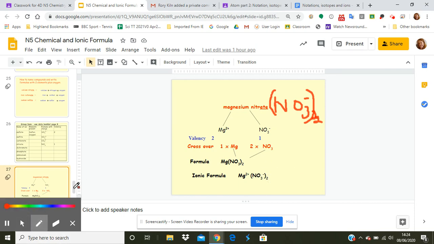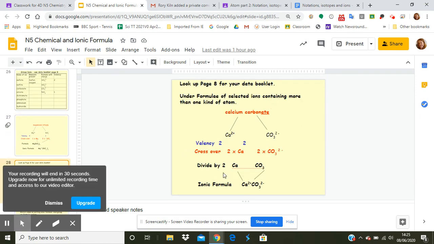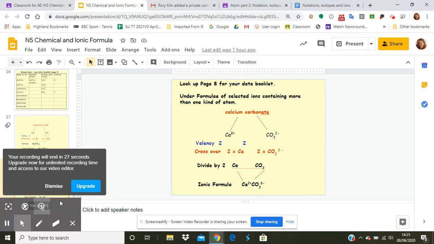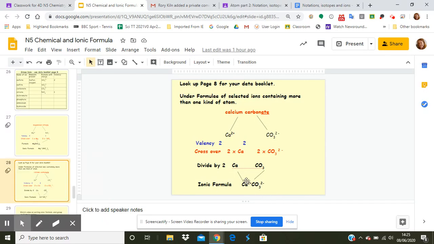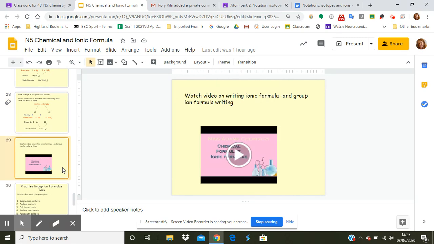Okay, so if you have a look at the next example, same idea. If they've got the same valencies, you obviously don't need to do any multiplication. If the first one is smaller, it's got a valency of 1 and this is the group ion's valency of 2, you would have to multiply this one by 2. So same idea. Don't be feared if you're going to have to write brackets at the beginning of the formula, that's okay as well. So just basically have a go at these. There's a video showing you how to do all that as